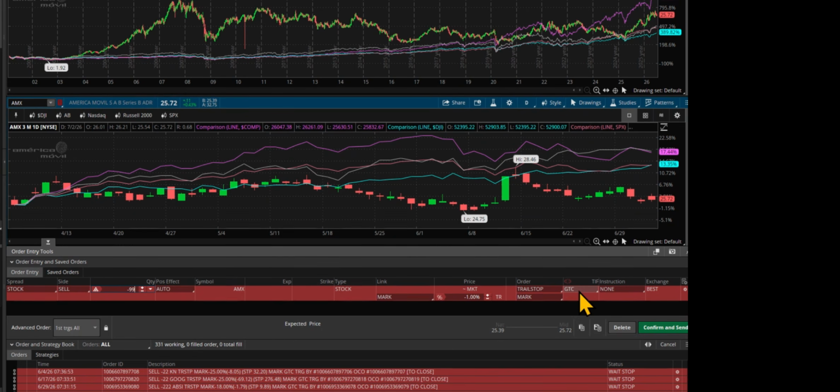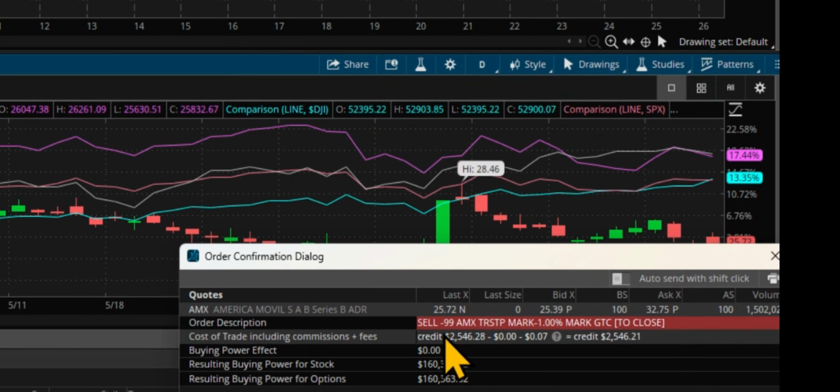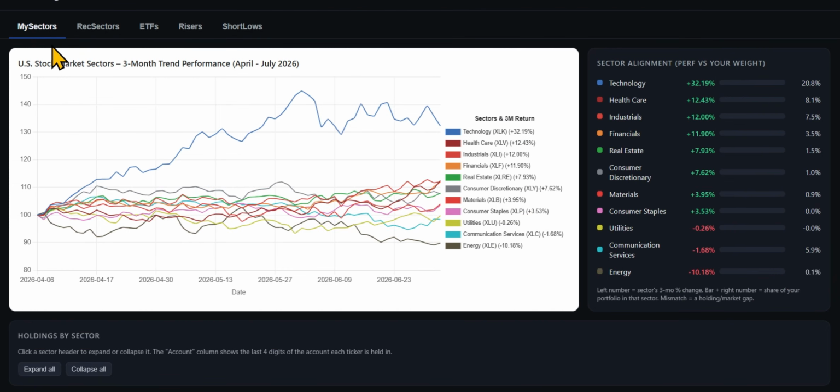And in that 180 days, if it keeps going up, then nothing happens. But in that 180 days, if it ever drops 1% more than where it is today, then I'm out. So I've captured some gains and minimized my loss. Confirm and send. Sell 99 shares at a 1% trail stop, good till cancel. Looks good to me. Just to recap, I used Claude to create 5 different dashboards for me,